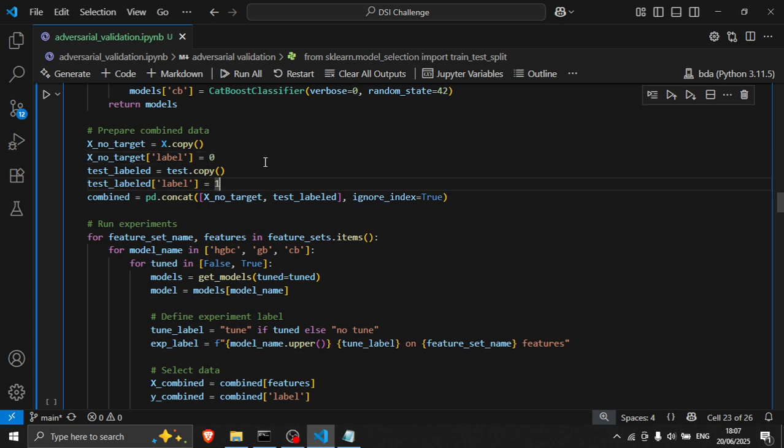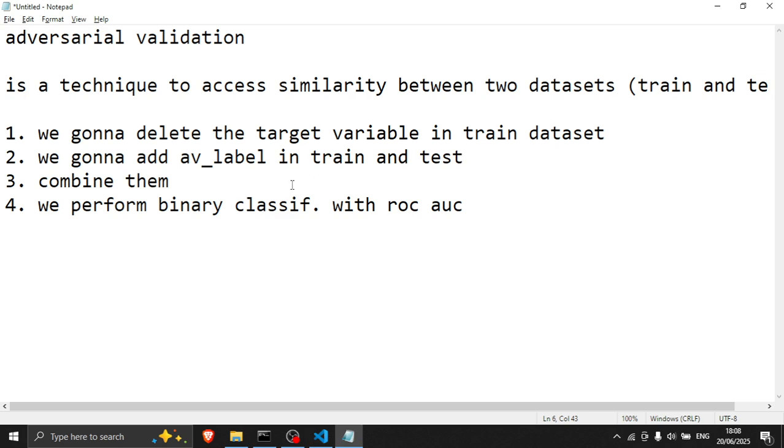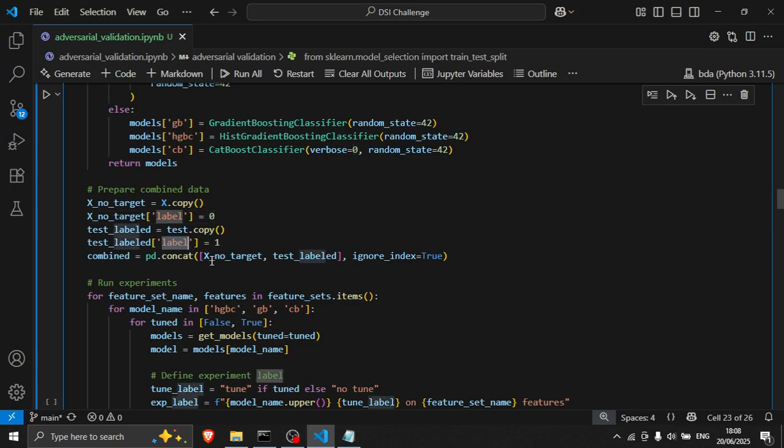Basically you can switch them up. There is no fixed rule that we should add the 0 value to X or the 1 value to test. You can switch them up. Okay, so we're going to combine them. This is where we concat, using the pandas concat function, X and test into one data frame.